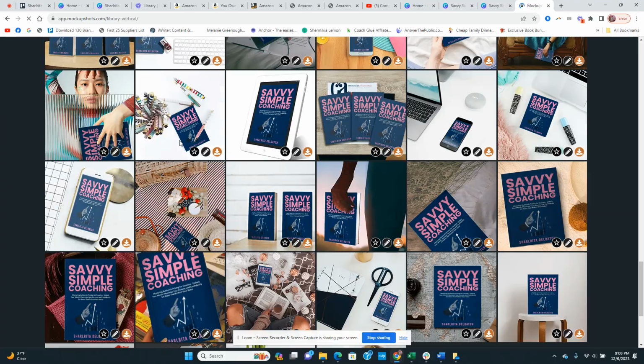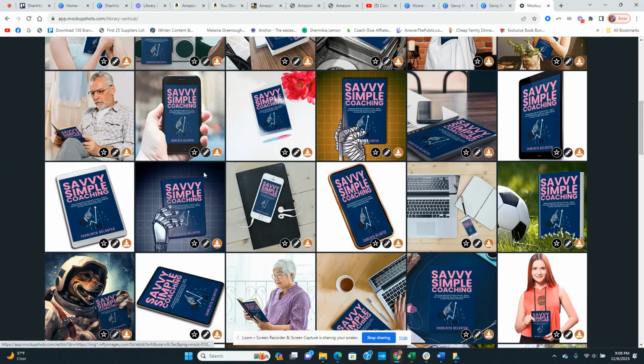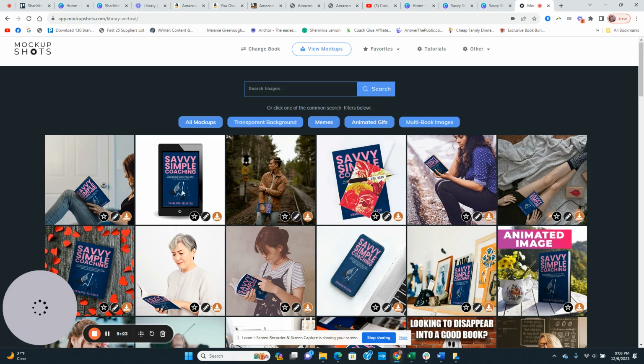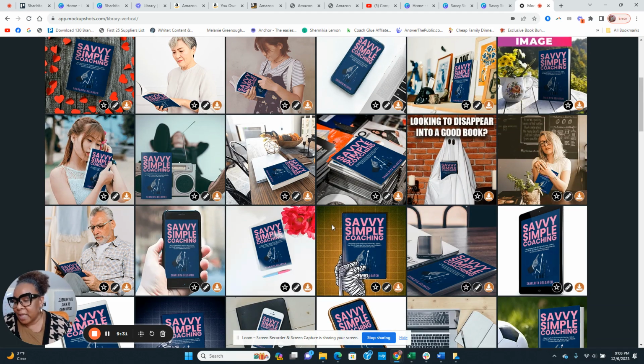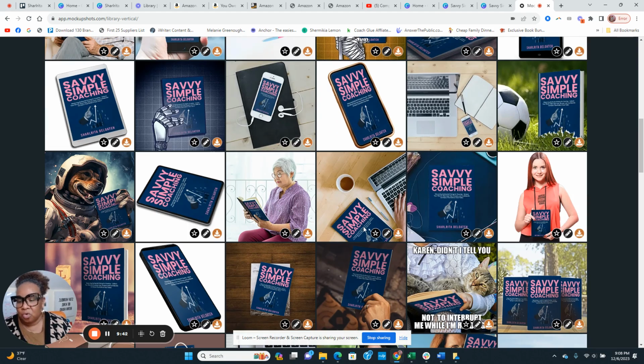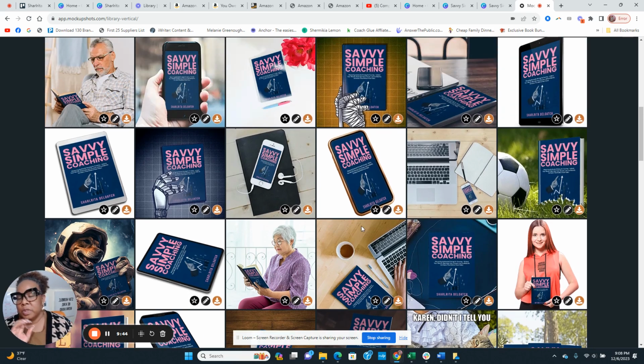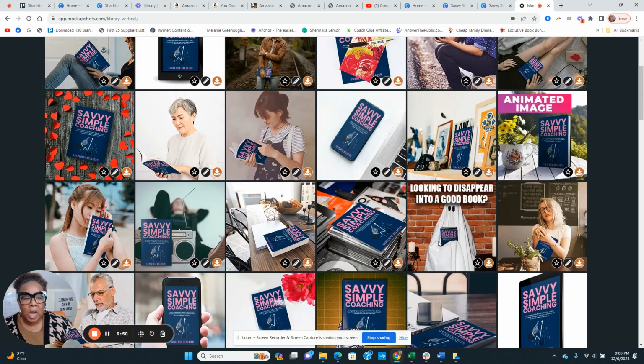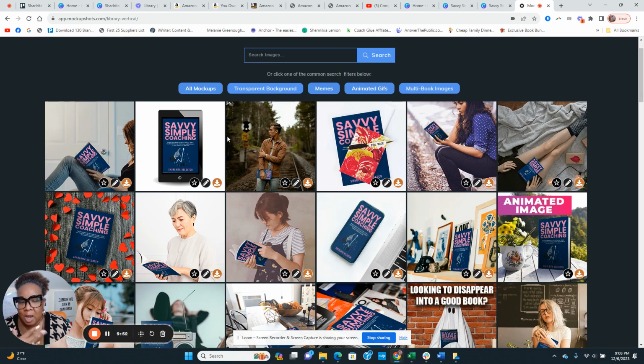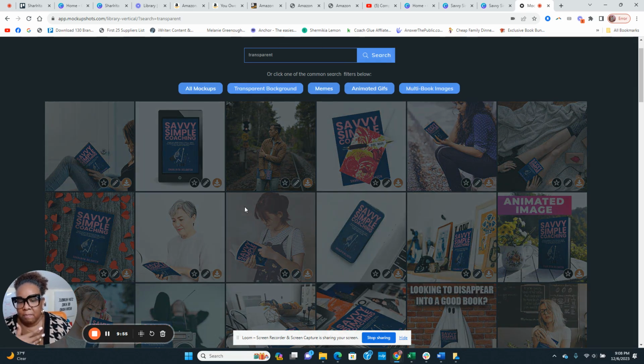So I use this tool right here called mock-up shots. Okay, mock-up shots. Well, you can get so many templates of your book in mock-up. Canva also has an option as well. I don't really like Canva's mock-up, so I just use mock-up shots. I put the link in the description if you want to take a look at mock-up shots. This is great for any book. All you need to do is upload the front cover. You don't necessarily have to upload the back cover if you want to, but I just do the front cover for mine, and it just comes up with different mock-ups for you.